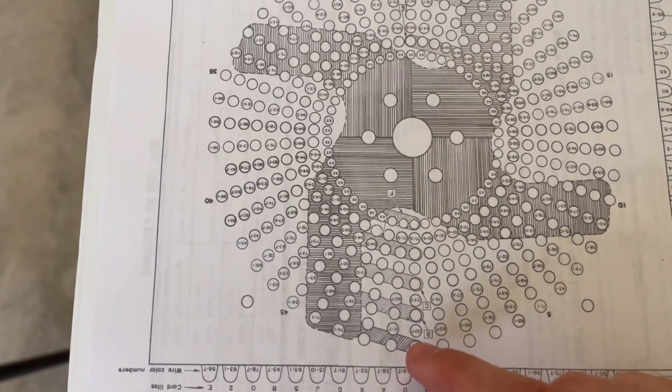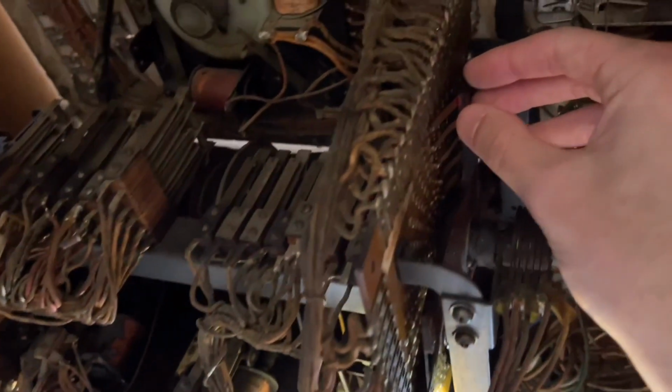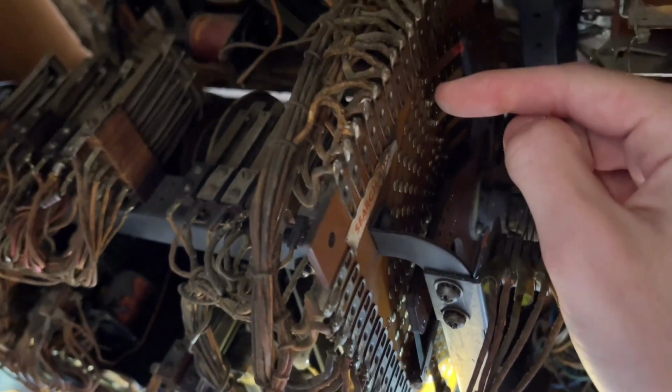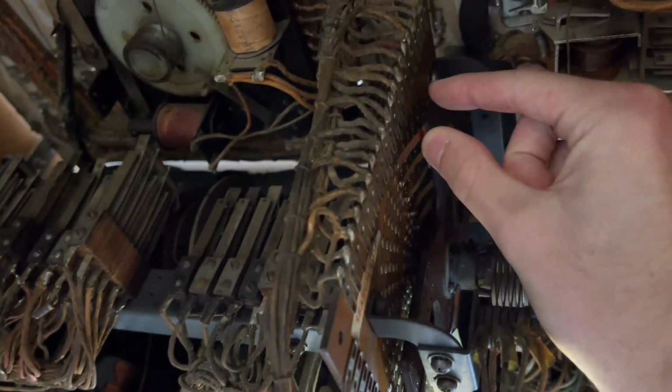So when this wiper gets back to contact 0, the switch that resets the score multiplier unit will be closed. So if we start rotating this disc, right now it's at contact 0 and the reset switch is not closed. So if we go ahead and rotate this,